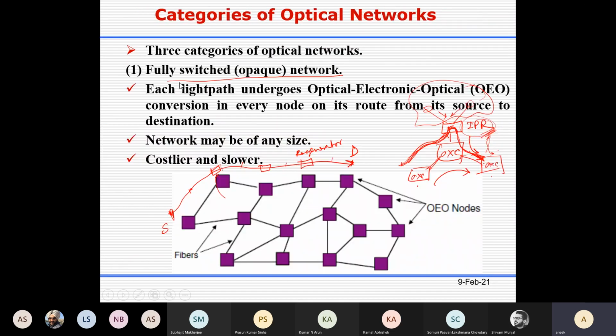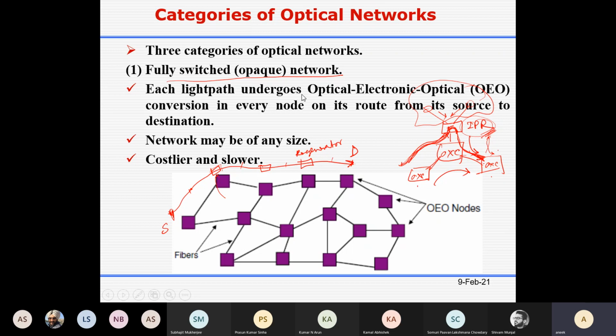Then each light path undergoes OEO conversion at every node on its route from source to destination. So this is your source node, this is your destination node. Basically source to destination they consider one light path, and at every intermediate node there is a regenerator.